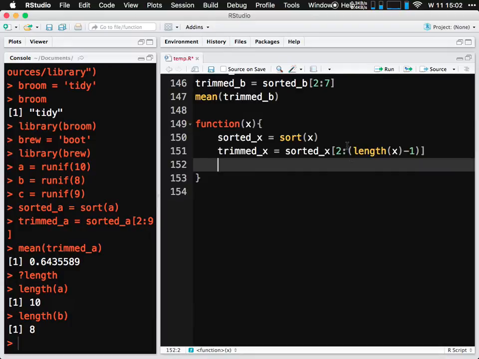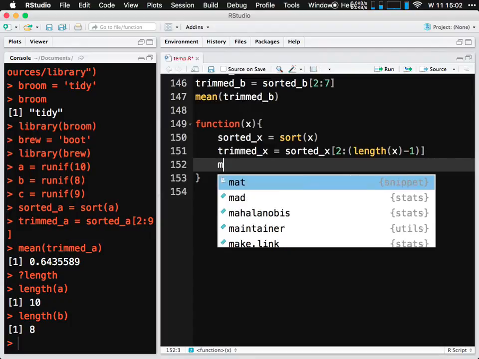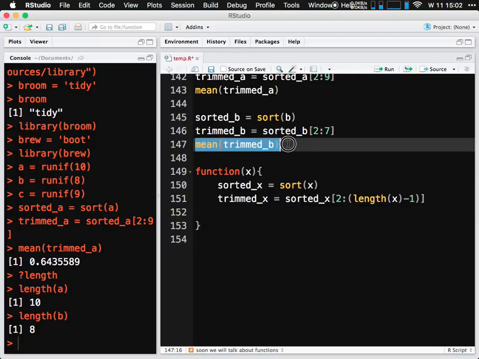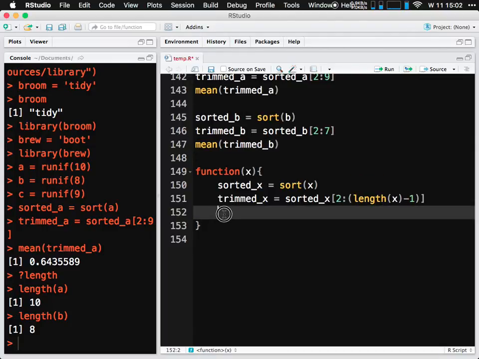So that, regardless of the length of x, should toss the first sorted element and toss the last sorted element. And then finally, well, up here we have these two. We define sorted B, we define trimmed B, and then we just run a mean, which in theory would print to screen. Here, in a function, if I say mean trimmed